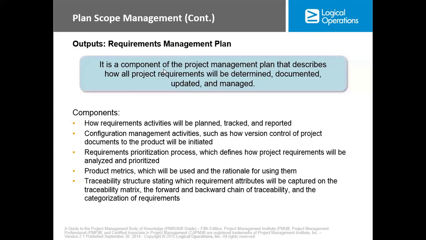Okay, requirement management plan. It is a component of the project management plan that describes how all project requirements will be determined, documented, updated, and managed. Components. How requirement activity will be planned, tracked, and reported. Configuration management activities such as how version control of the project documents to the product will be initiated. Okay, requirement prioritization process, which defines how the project requirement will be analyzed and prioritized. Okay, now product matrix, which